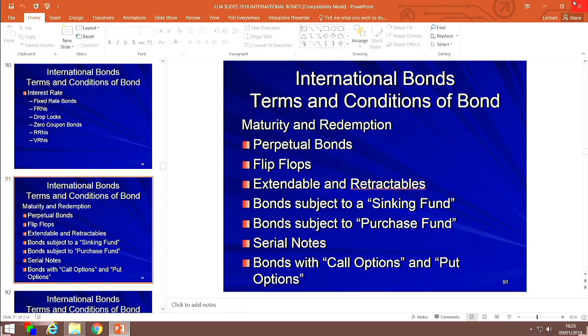Now I'm going to talk about a curiosity, the perpetual bond. It's a bond with no maturity date. It's perpetual. It simply says the issuer shall pay interest at such and such a rate, and there is no redemption clause. The only time at which the bond will be repaid is on default. Absent a default, it will continue to eternity. And the issuer will simply continue paying interest at the specified interest rate in the bond.